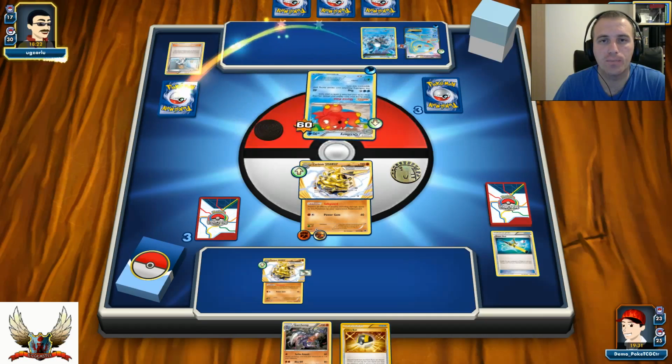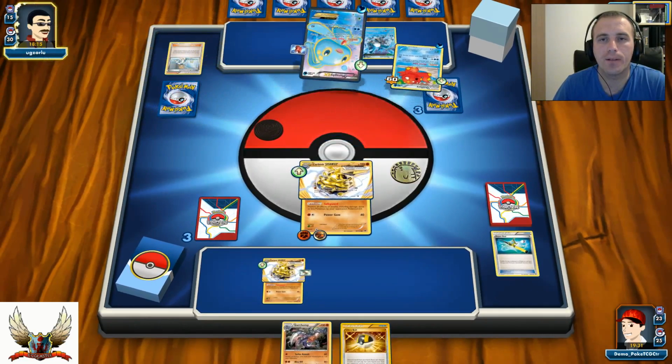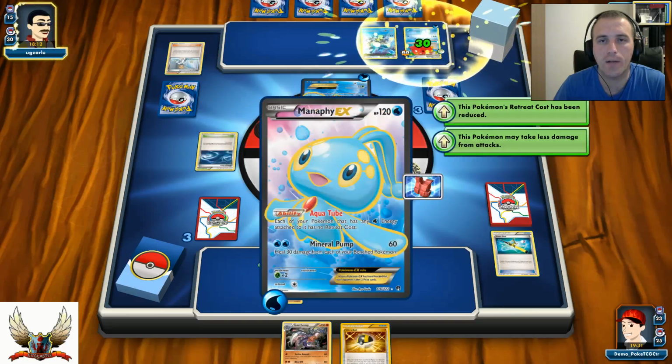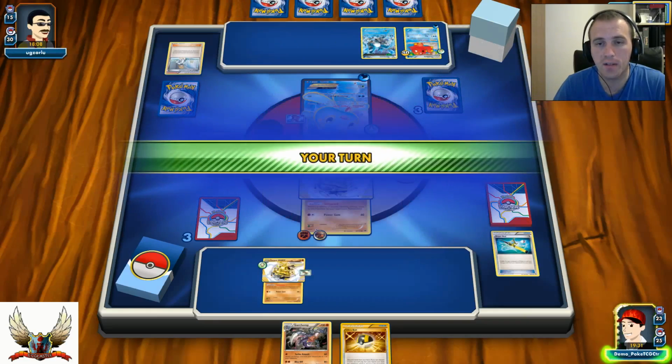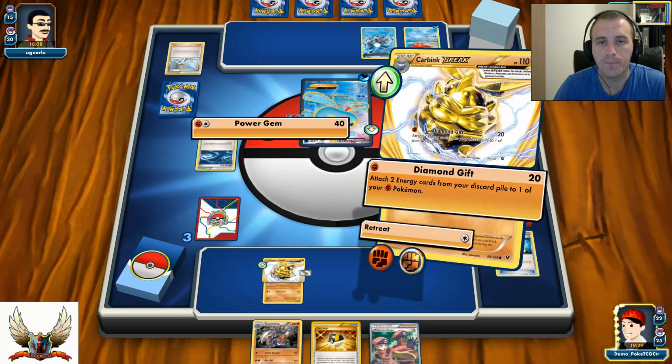Abyssal Hand for 2. He has the opportunity to retreat his Octillery from the active, that's for sure, but he actually decided to promote his Manaphy to the active. Okay, and Rough Seas. Pretty good because with the Mineral Pump he can go for like a 60, but it's not going to happen because of my